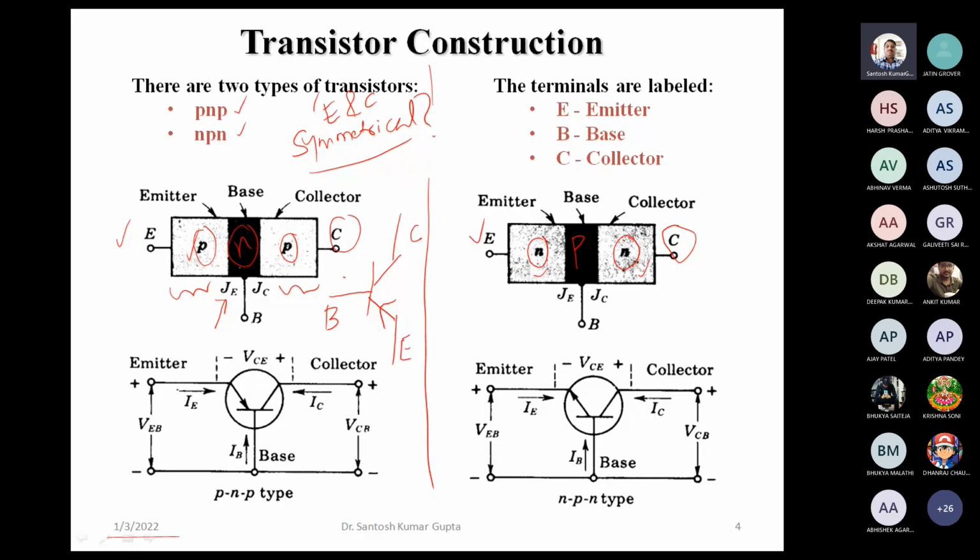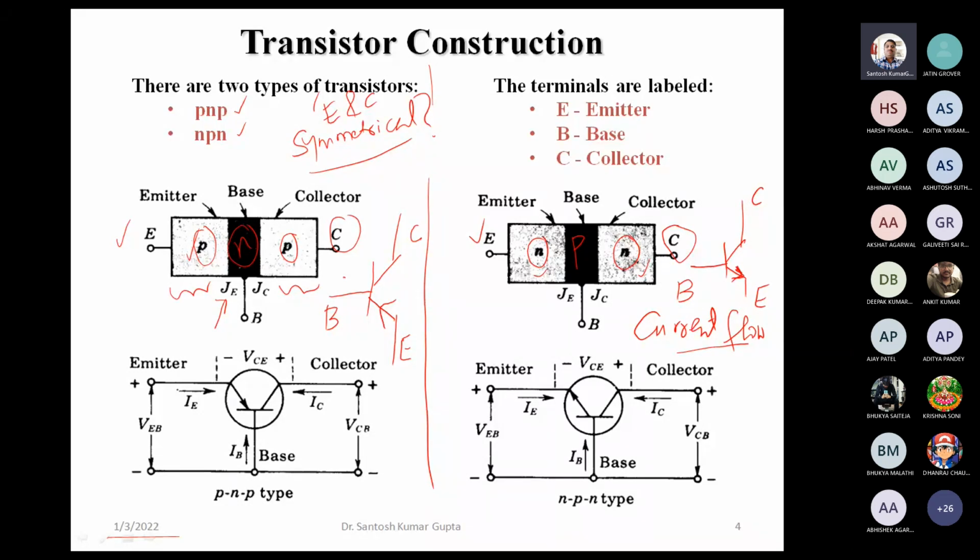Whereas for the NPN transistor, we have this symbol here. We can see that generally we draw an arrow in the emitter leg, and this is for a reason. The direction of the current flow is shown by the arrow in the emitter leg. That will be more clear as we discuss how the current flows in the transistor.